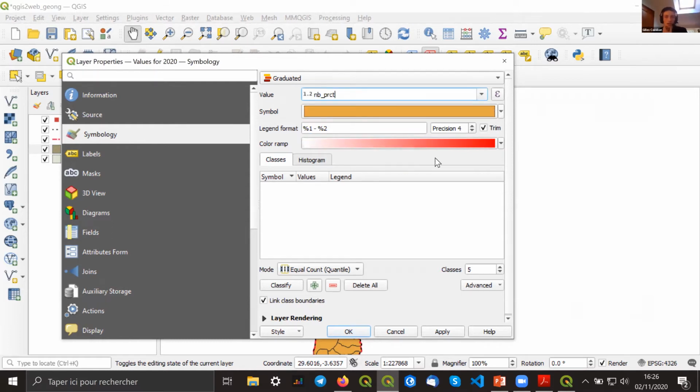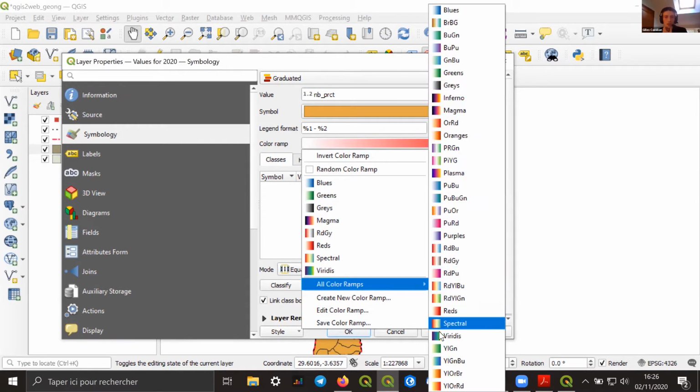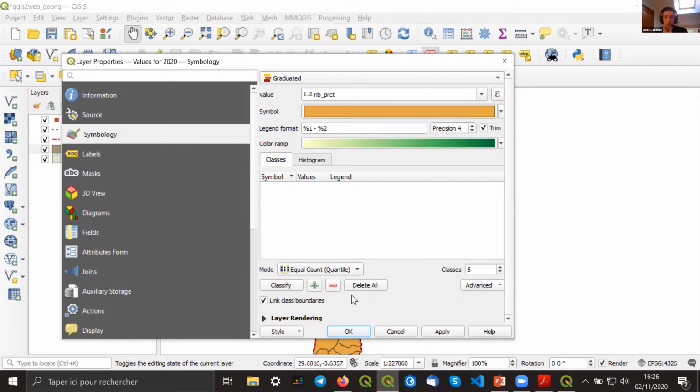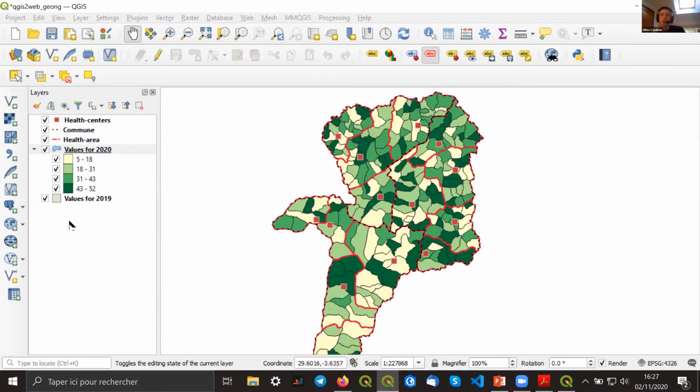And let's say, okay, I want to have something maybe green, like this. Yeah, some yellow to green. And let's have, okay, five classes, it's nice, whatever. I'm applying, okay. So it's still better, but what could be interesting also is to show some evolution between our